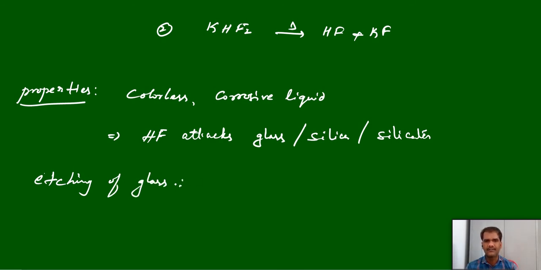They will ask you which substance is used for the etching of glass. So here HF is used for etching of glass, nothing but corrosive in nature. We can make prints on the glass. Let us take glass bottles like this, and over this we can make some. Due to the corrosive nature, it will dissolve that glass material, and it will make some prints on the glass materials, and that we can call etching of glass.